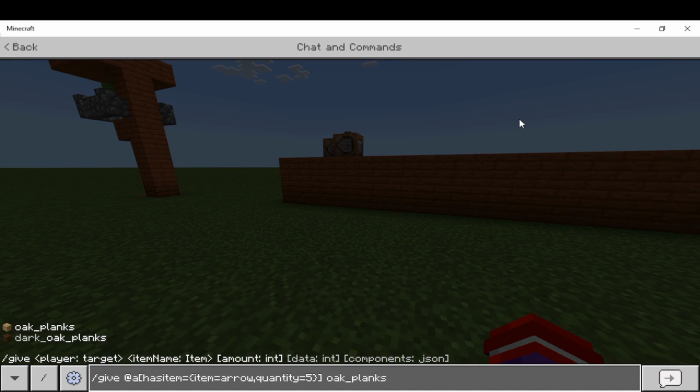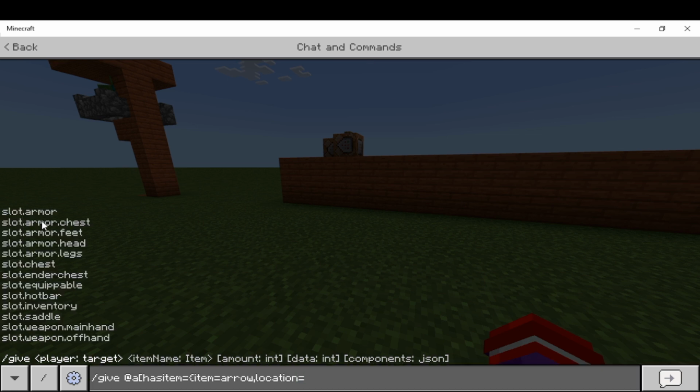So if we go back to the command again, we could do other types of parameters. We do hasitem item equals arrow, comma, location equals, and it'll show all these different types of things. This is very useful to see where the person might be holding that item, to see if it's in any of the armor slots, if it's on the chest plate, feet, head, legs, like see if someone's wearing a type of armor, then give them something. If it's in chest, inner chest, stuff like that. If it's in their hotbar, inventory, saddle,